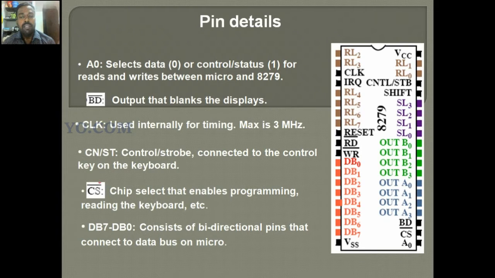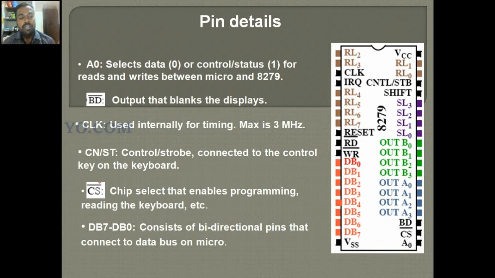Then BD bar, that is a signal used to blank the display. BD means blank display, so it is an output that is used to blank the display devices. Then CLK is a clock used internally for timing, and it needs a maximum of 3 megahertz.